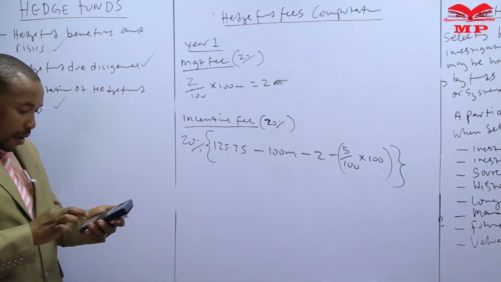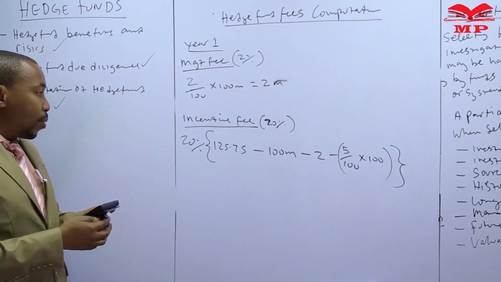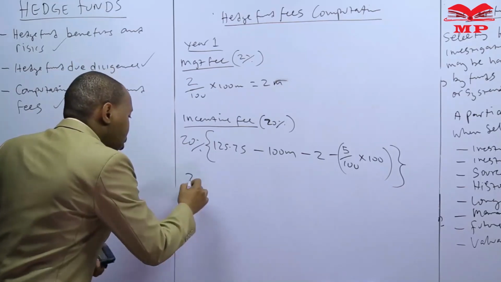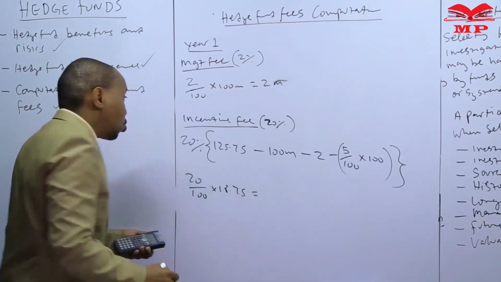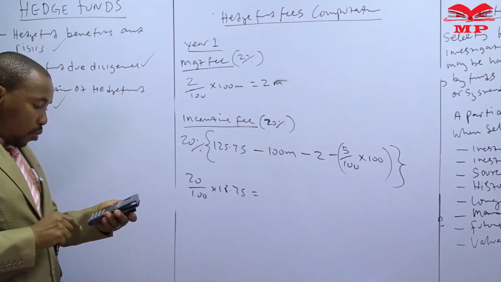Minus 5, we get 18.75. We need to get 20% of that, so 20 over 100 times 18.75. How much do we get as the incentive fee? Times 0.2, we get